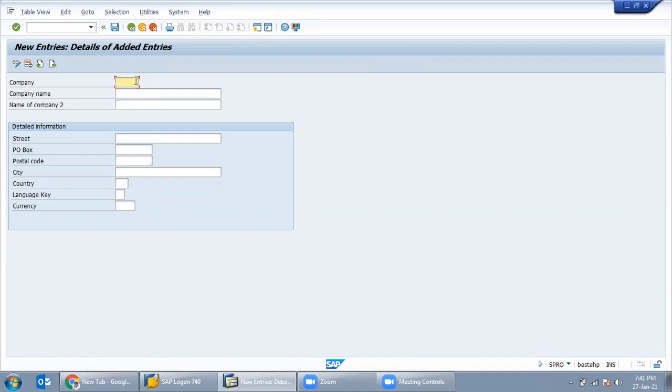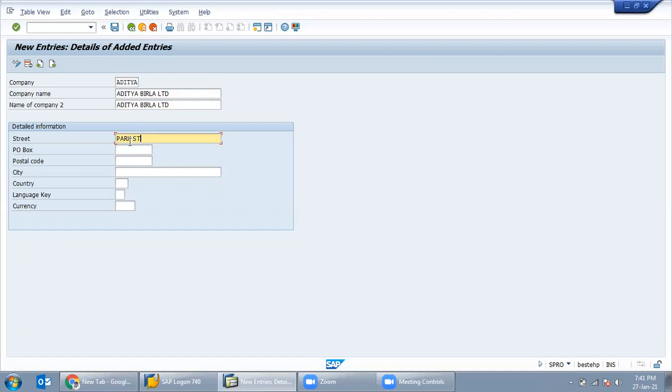Give the company name, that is a group. Like I want to give the group Aditya. Okay, the company name is Aditya Birla Limited. So this is our company, that is the group company.